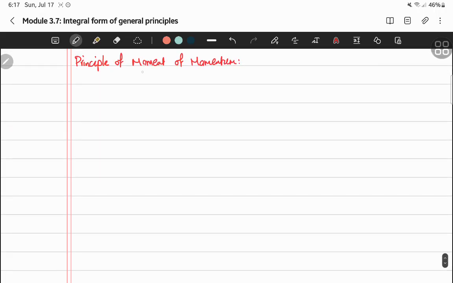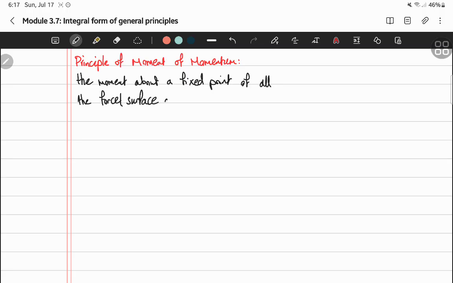This principle of moment of momentum states that the moment about a fixed point of all the forces, and again here I mean the surface and body forces, on a fixed part of a material,